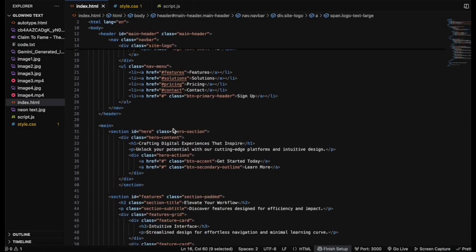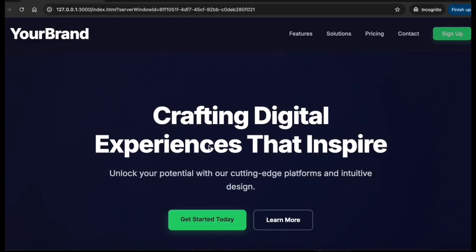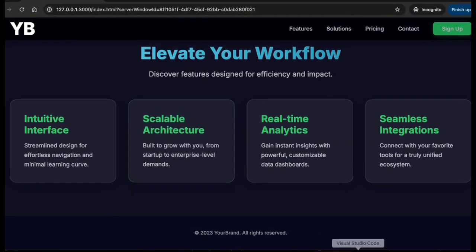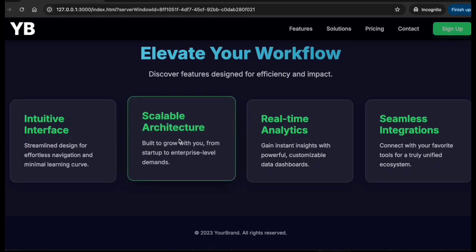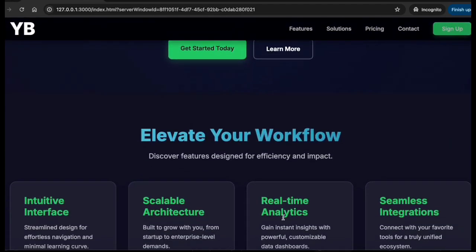As we can see, the entire effect is very easy and very small code, not much code, but the visual effect is quite impressive. So this is how we